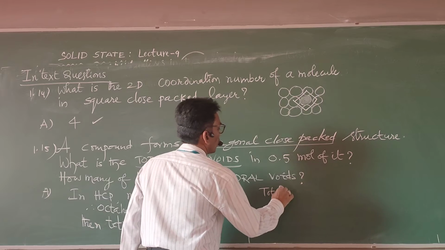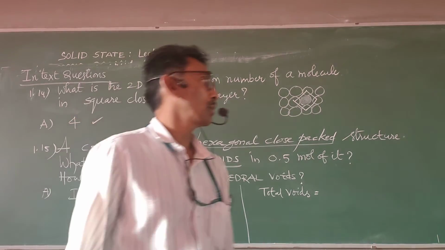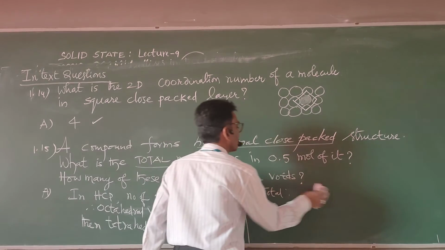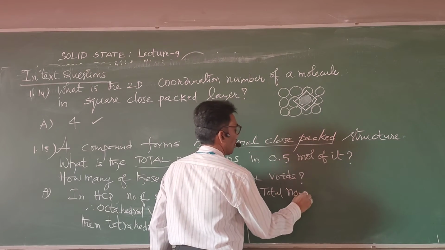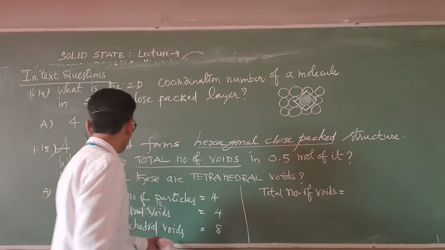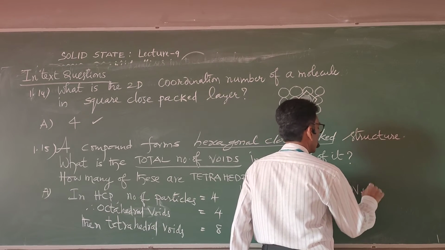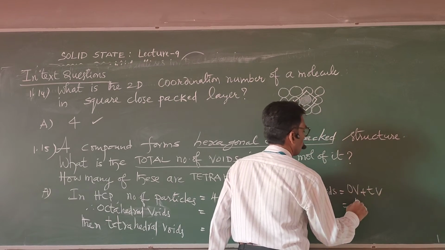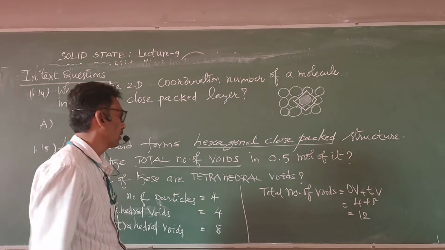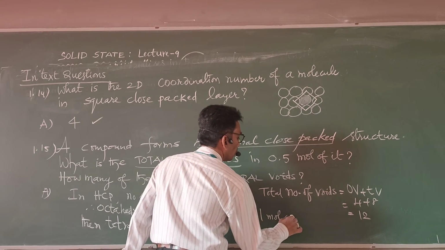But here, how many was the total voids? Total number of voids is equal to octahedral plus tetrahedral voids, 4 plus 8, that is 12. If it is 1 mole of compound,